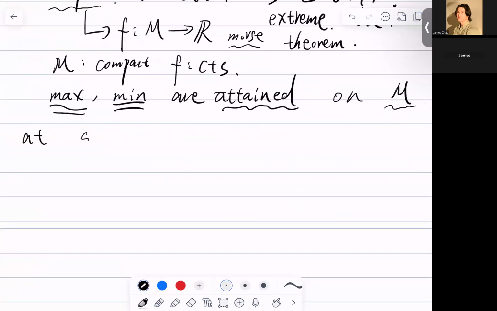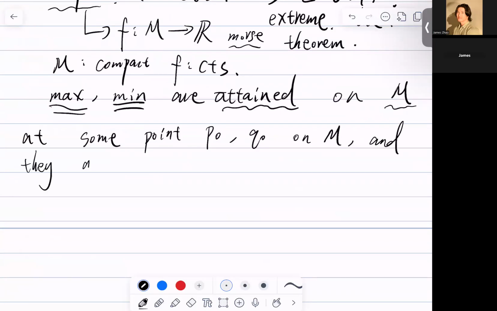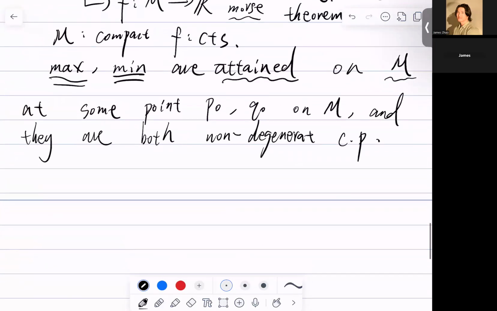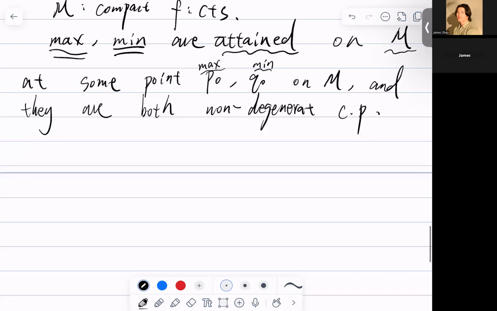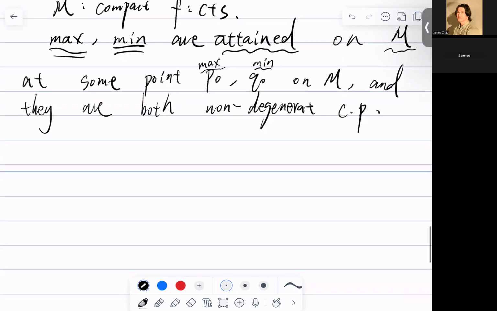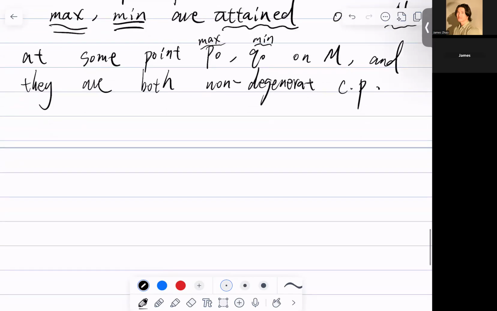So let's say we attain them at some points P naught and Q naught on M, and they are both non-degenerate critical points. Let's say that P naught is the maximum and Q naught is the minimum. Just quickly, denote these points. You can interchange these, no problem. And by the Morse lemma,